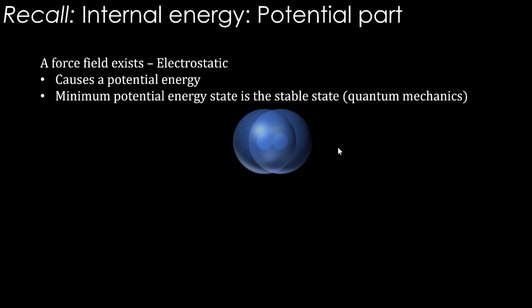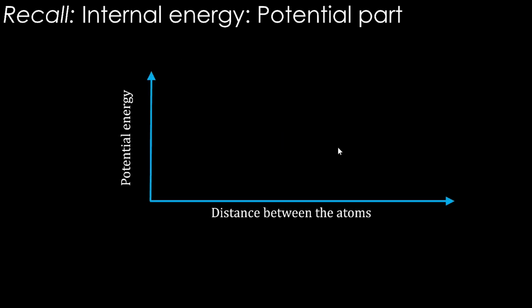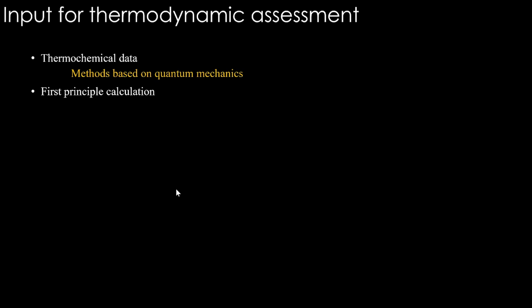Okay, so let's see that in a little more detail. This minimum potential energy state, we said, is nothing but the chemical bond formation. We even plotted this potential energy versus distance curve. Two atoms are quite far apart and the potential energy is 0, and as they come together the potential energy reaches a minimum value. They cannot go any closer than that point. This is how we got this potential energy curve. Now this minimum energy state is what we are interested in getting from quantum physics calculations.